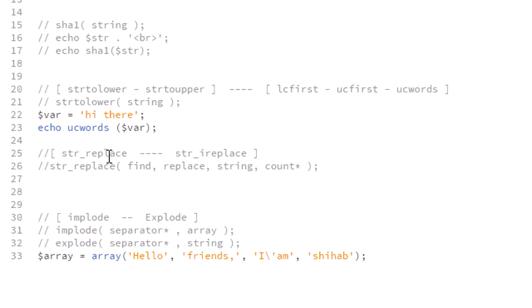The next thing we want to talk about is something called str_replace and also str_ireplace. The only difference between them is that one is case sensitive and the other is case insensitive. The one with the I is case insensitive. So let's say, for example, I have a string,